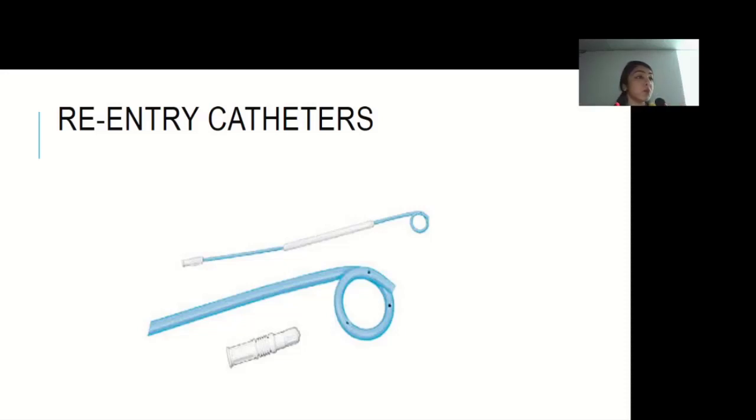The re-entry catheter has two parts. One part is placed in the kidney and the other is a tail that goes into the ureter. What is the use of that re-entry catheter? It is used when we are planning a second-sitting PCNL. Because this end goes into the ureter, if we are going for a second sitting of PCNL in the same patient, we can place a guide wire directly into the ureter with this catheter and a tract can be made easily.